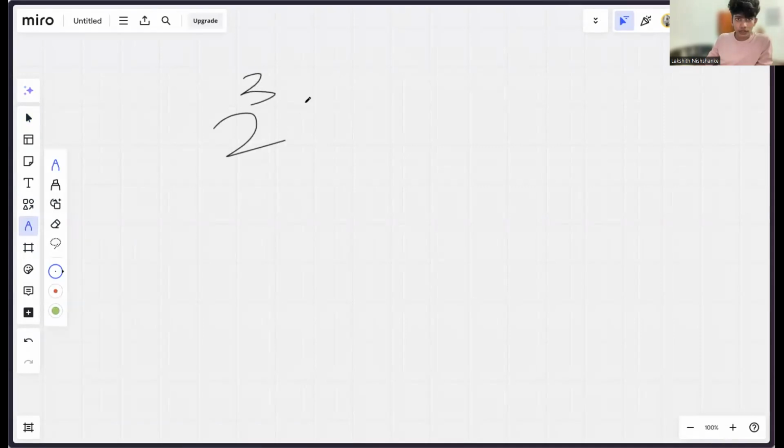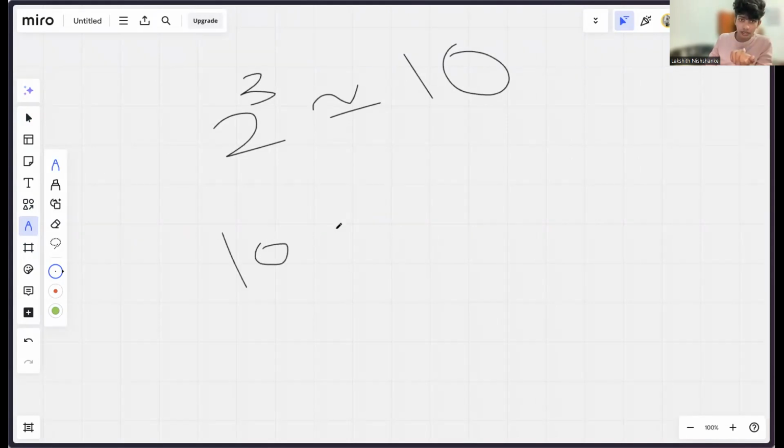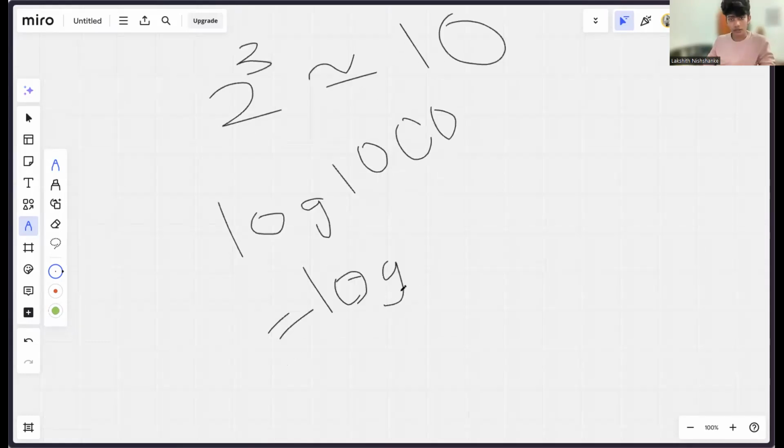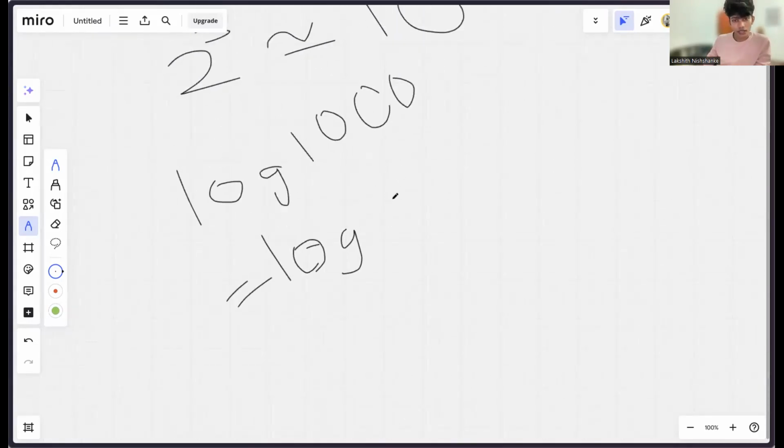So 2 to the power 3 is approximately equal to 10. If you wanted to find the log base 2 of 100, now let's say 1000. I'm drawing with my mouse. 10 to the power 3.